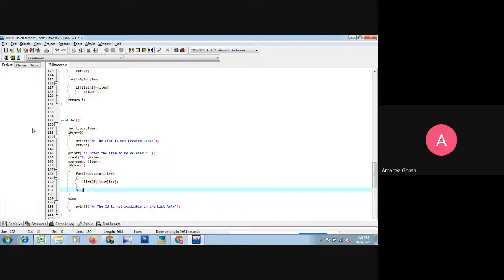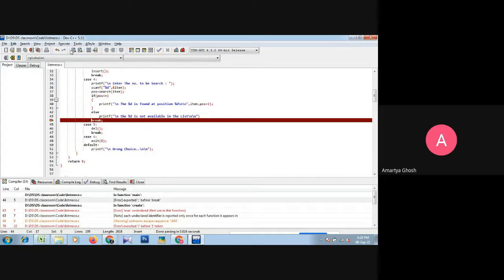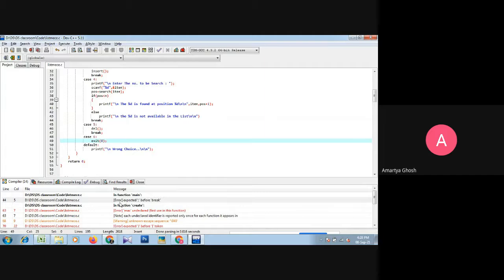I think the program is completed. Just check by compiling and running. During the compilation, the first error is before break: there should be a semicolon.